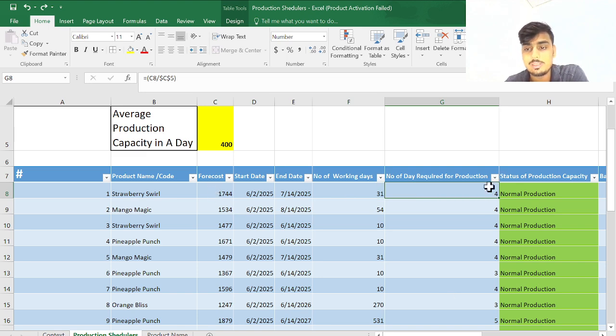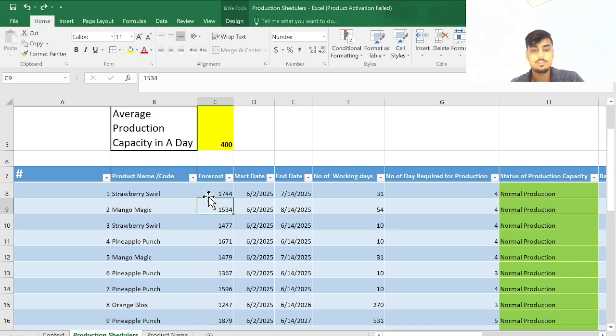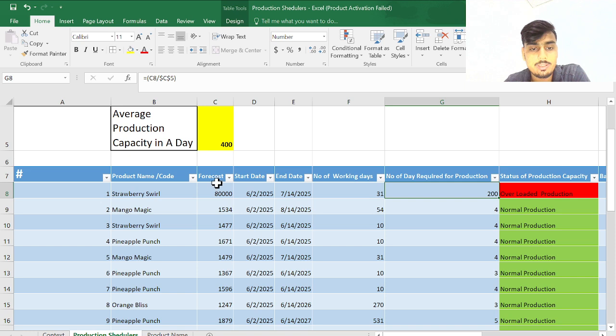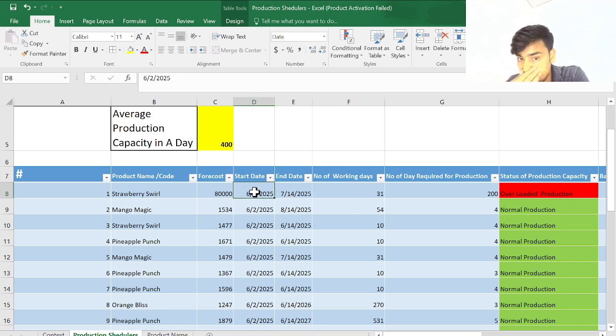So if my forecast is increased to 80,000, the days required automatically become 200 days. For 80,000 production we require 200 days, but the number of working days is only 30, because we got the forecast